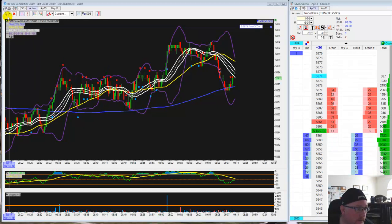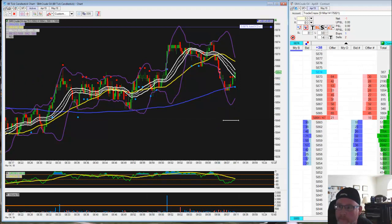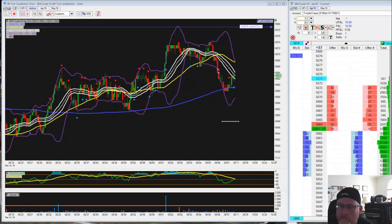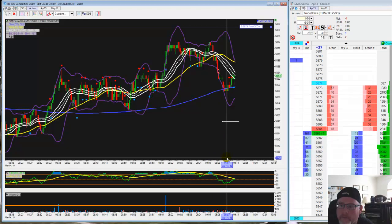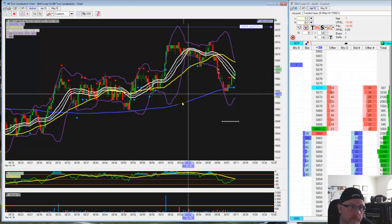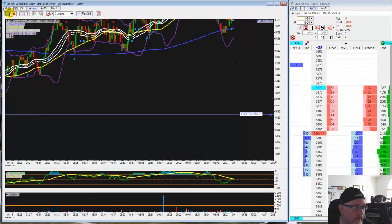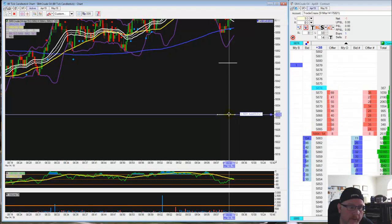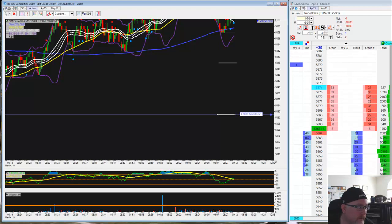So what are we looking for on the short side? Right now, if it wants to run, I'm looking at 48. And underneath 48 is our target of 31. Right there, you can see the target right there. That's our 2P target. And we'll talk about the rest of the trade a little bit later. But let's stop this and then we'll...